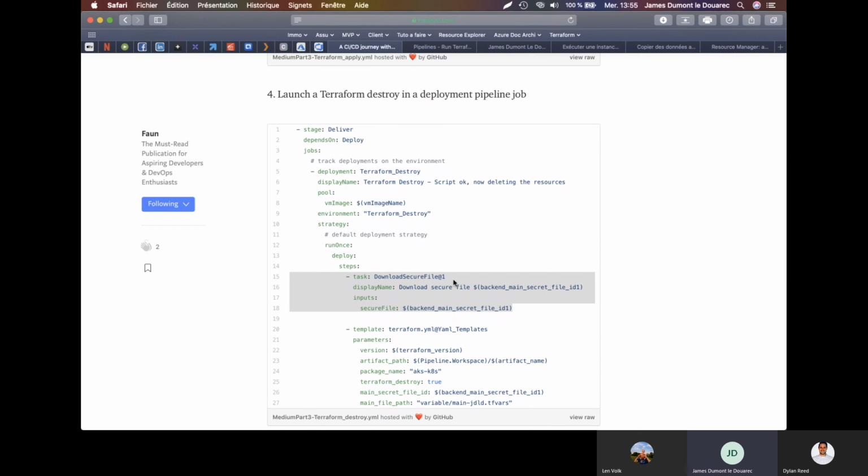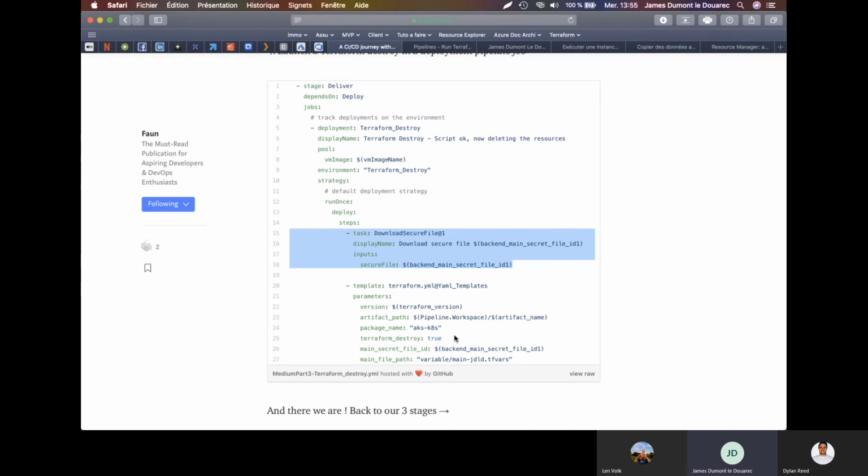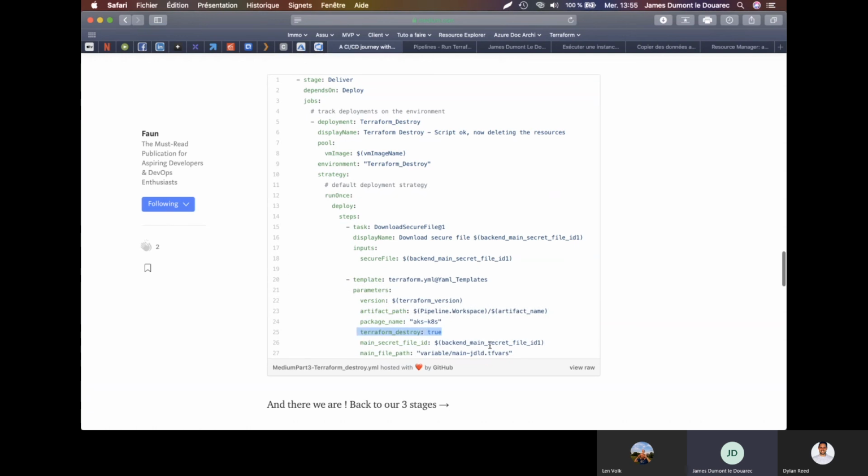So about the Terraform destroy, as I just said, we need to download the secret file, and then it's quite the same syntax to call this YAML template. We just set Terraform destroy to true, and we give it a secret file ID, which is the one located in your library store, and a variable file.